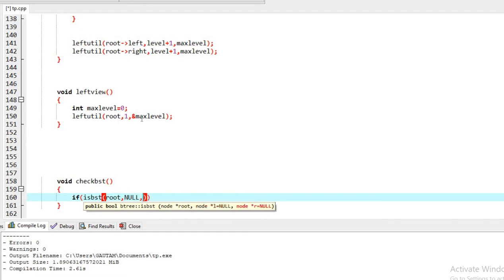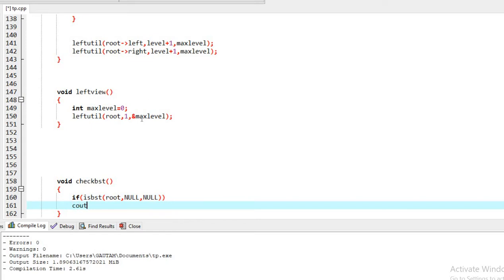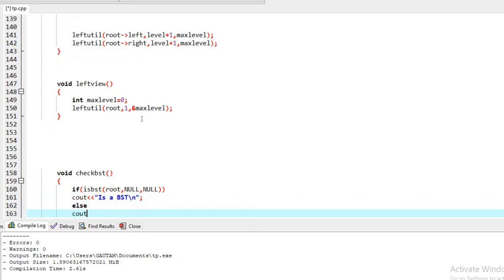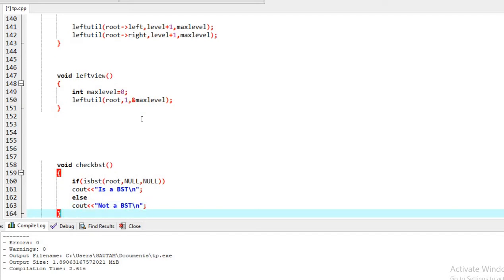So we'll write two functions, one to check if it is a BST, else not a BST, right?